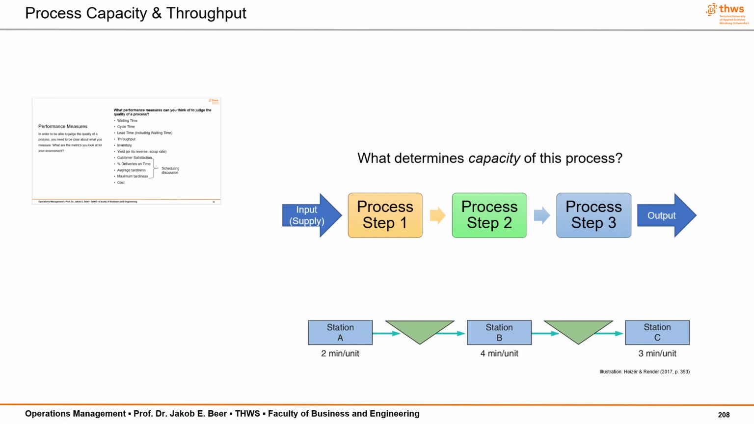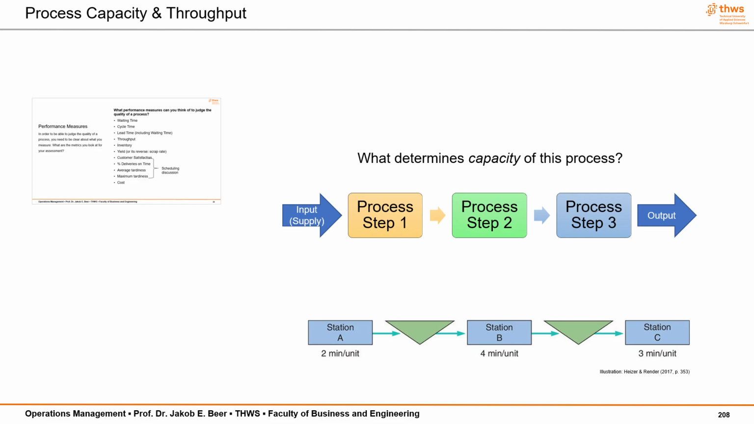We know that a process step has a certain capacity, but also a process as a whole, the entire process, has a certain capacity, because something goes in and something goes out, and we want to know how much goes in and goes out, and that follows certain rules and calculations and principles, and we can put a number to it. So if you look at this process that you see here, we've got 3 process steps: process step